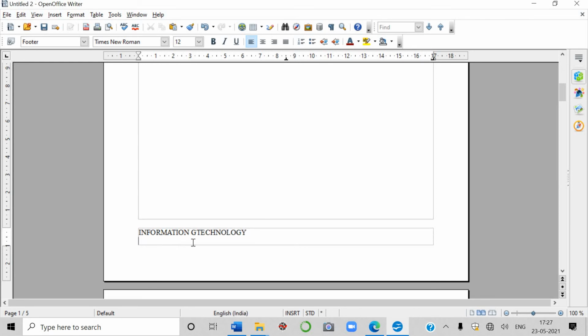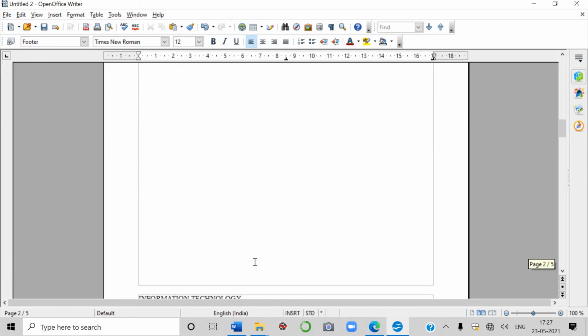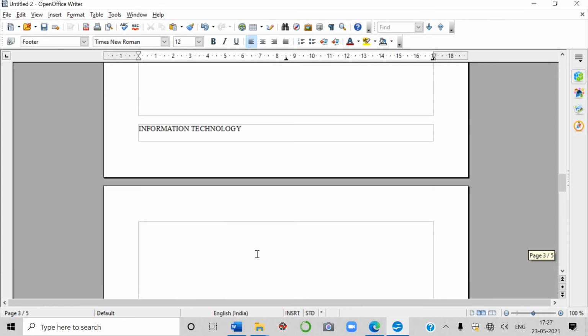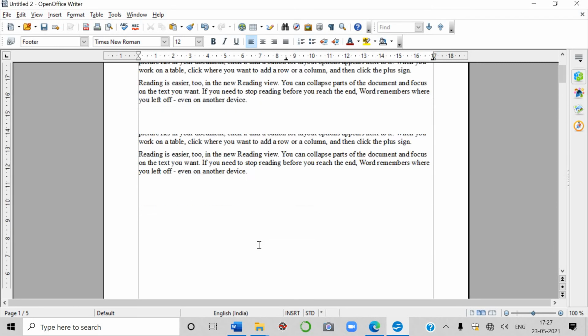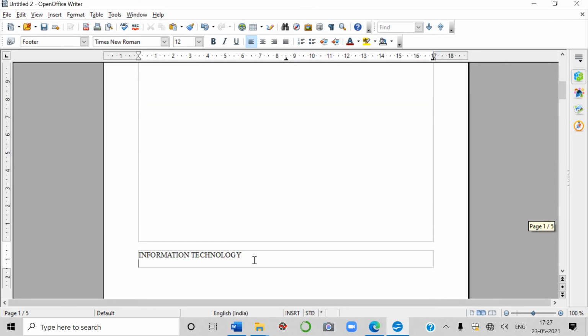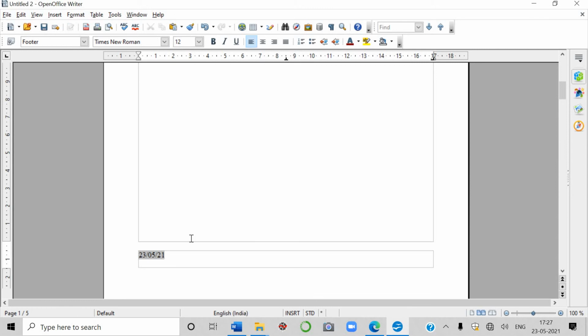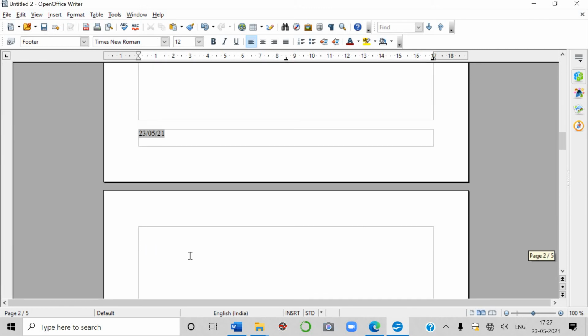So let me check. Has it been displayed on every page? Yes, it is there on every page. Information technology is there. And if you want to change something else, you want to enter something else, you can insert various things here. You want to enter the date here. See, the date is there on every page at the bottom of the page,